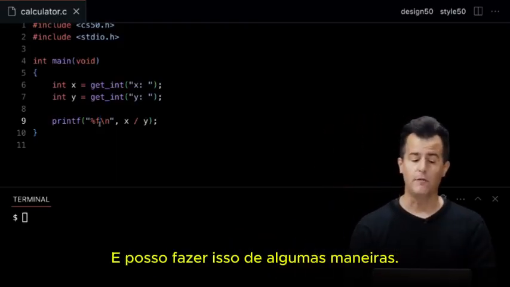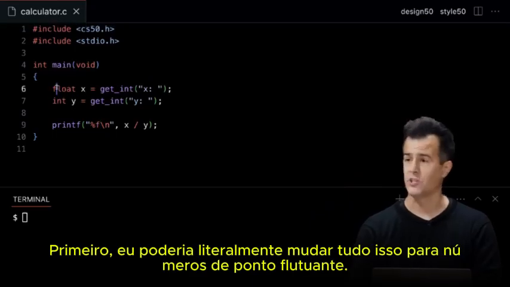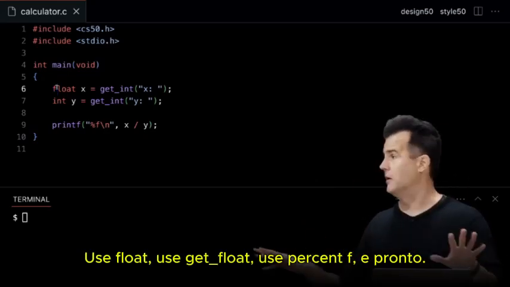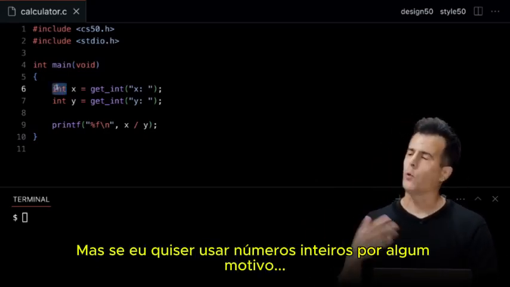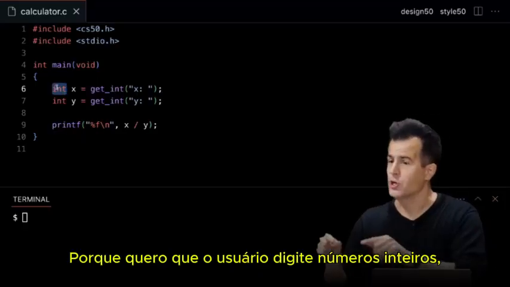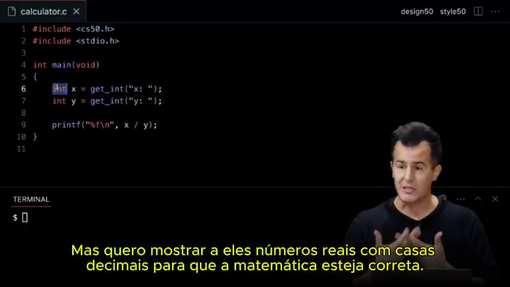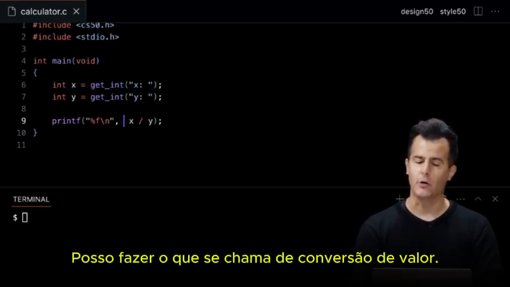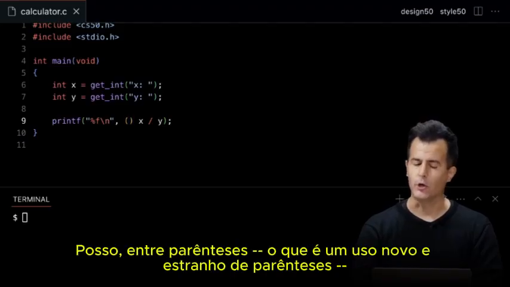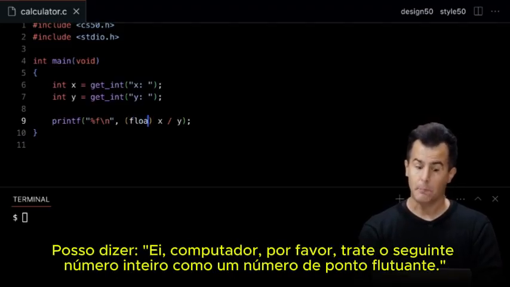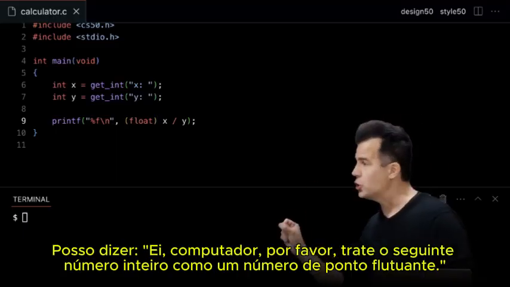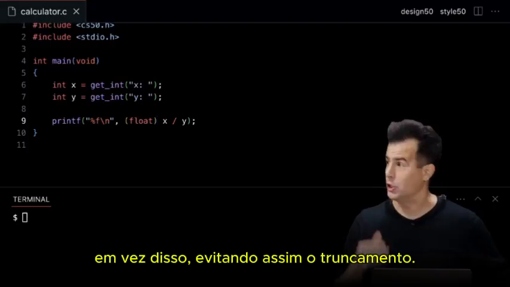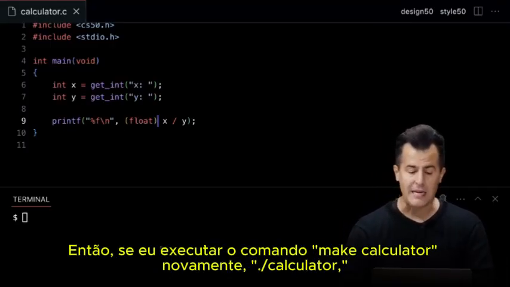And I can do this in a couple of ways. One, I could literally change all of this to floats and just avoid the problem altogether. Use float, use get float, use %f, and I'm done. But if I want to use ints for whatever reason, because I want the user to type in integers, but I want to show them real numbers with decimal points for correct math, I can do what's called casting a value. I can, in parentheses, which is a weird new use of parentheses, I can say, hey, computer, please treat the following integer as a float instead, thereby avoiding truncation. Do not truncate for me. So if I now run make